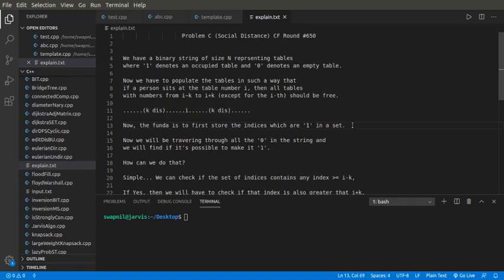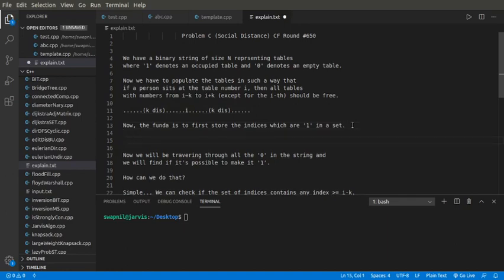The idea is first to store all the indices which are 1 in a set. So we will be inserting all the indices which are 1 in my string into a set.